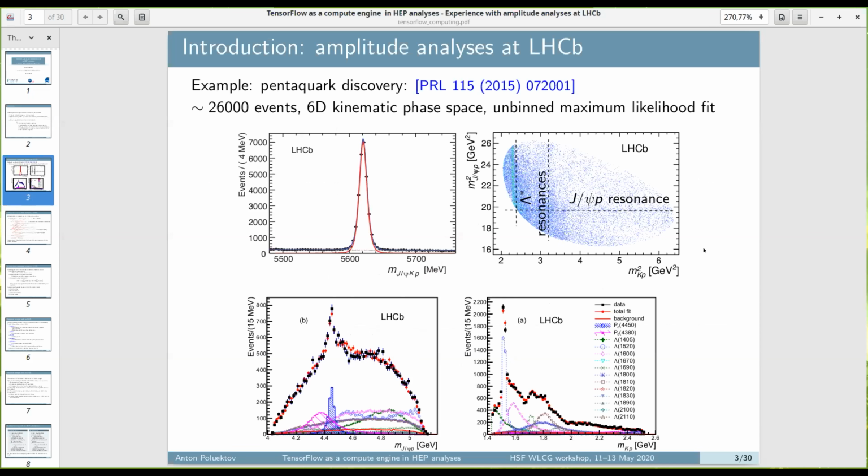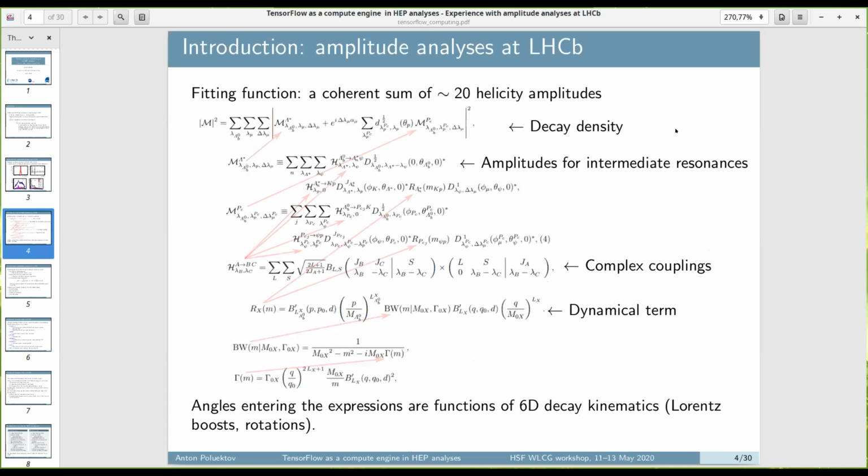This is a rather complex fit to a not too large dataset of maybe a few tens of thousands of events. It is a 6-dimensional kinematic phase space, with an unbinned maximum likelihood fit. The model is expressed in the traditional helicity formalism, where we have maybe 20 helicity amplitudes from various intermediate states entering, and